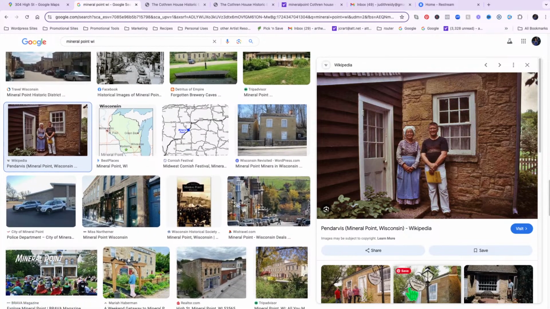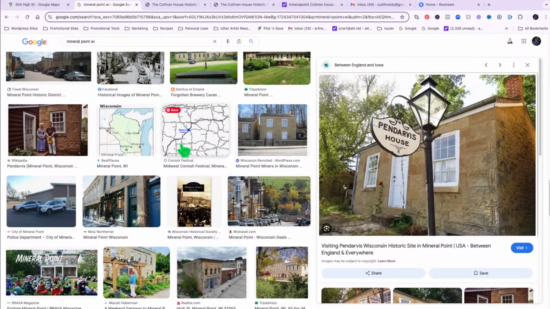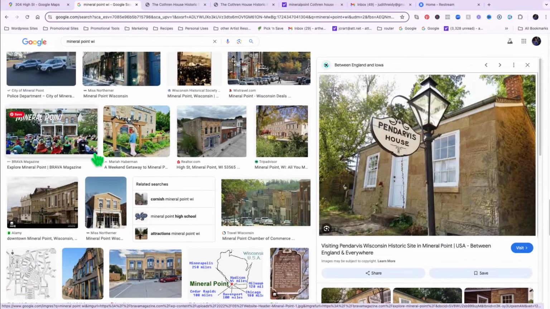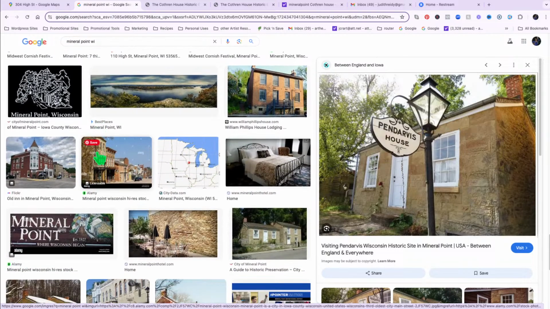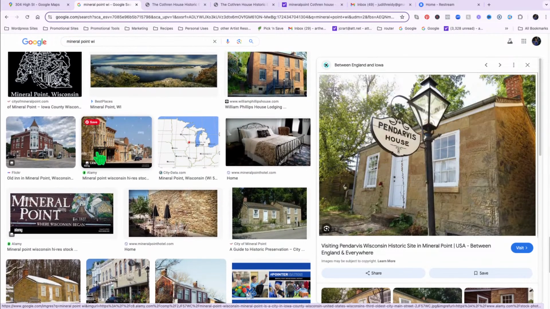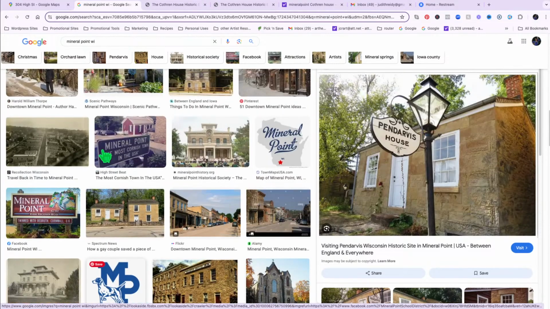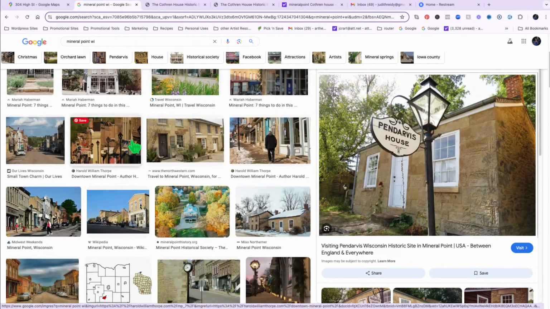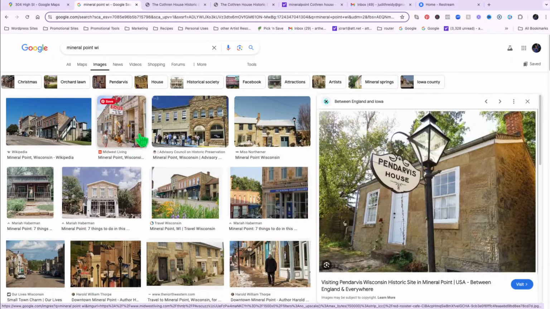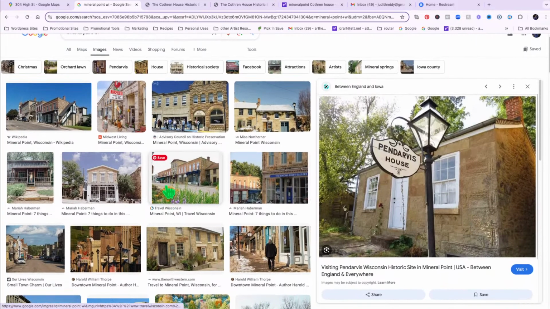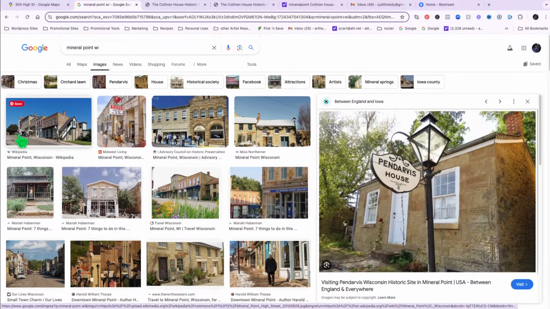Let's see if I can show you. This is Pendarvis, and the whole town is really quite picturesque. There's a lot of really great food. Chefs come there. A lot of people have retired to that area and have made it kind of a fun place to be. And so I was there for this event, and I was painting, and a wonderful woman came